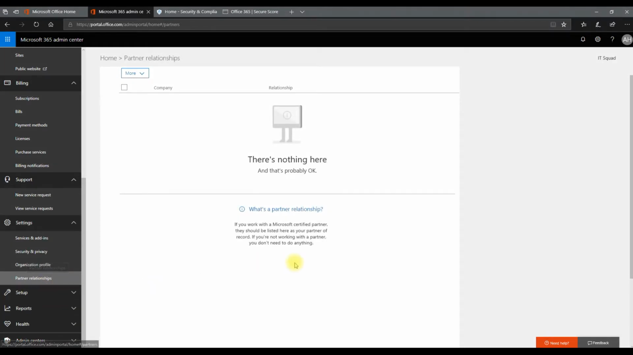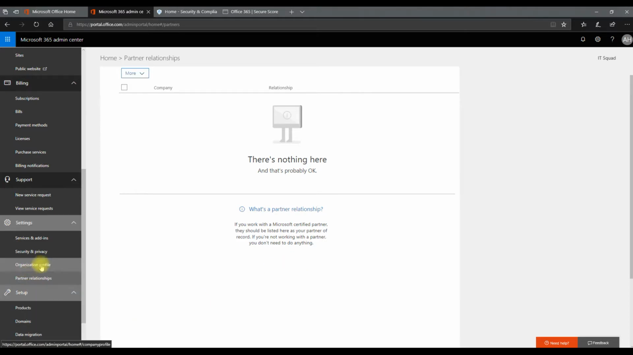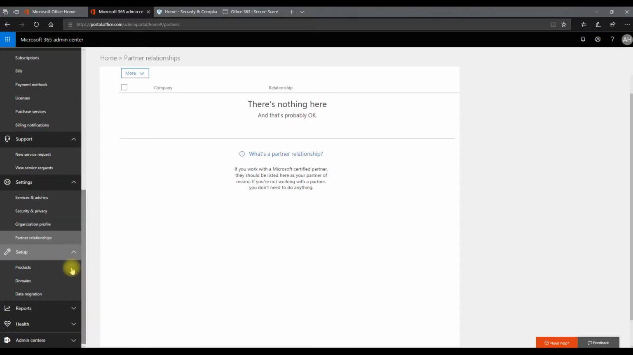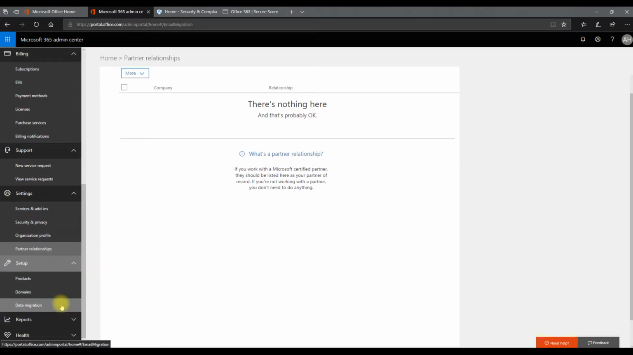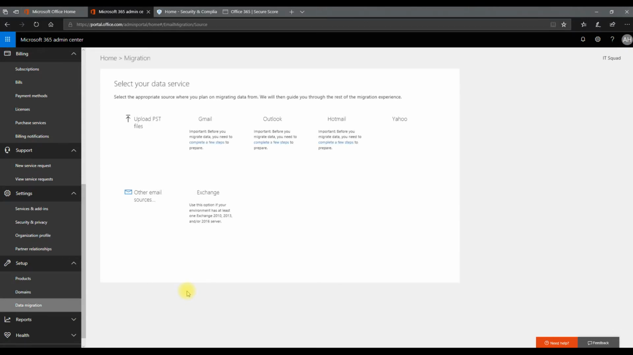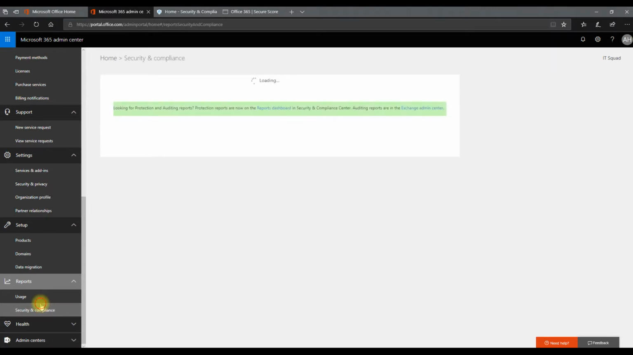And let's say you got your subscription from a partner instead of a direct Microsoft subscription, your partner relationship will be shown here. It will show you who your partner is and their contact details, so you can get support and get in touch with your partner. So those are the settings, and I've already shown you the domains. And data migration is basically about migrating data from other services to Office 365. And there are a lot of reporting options,